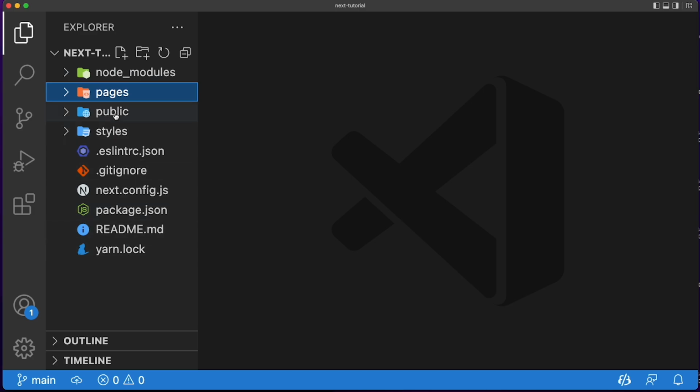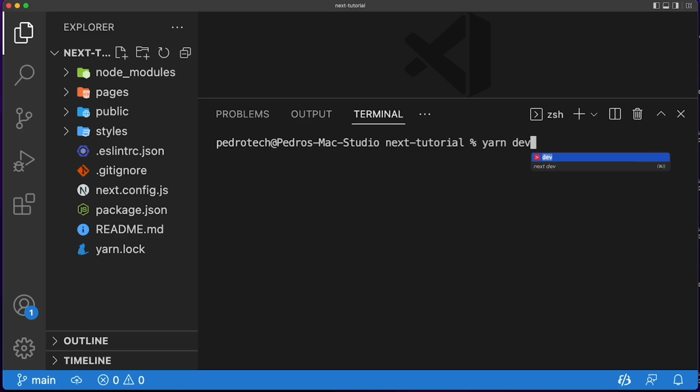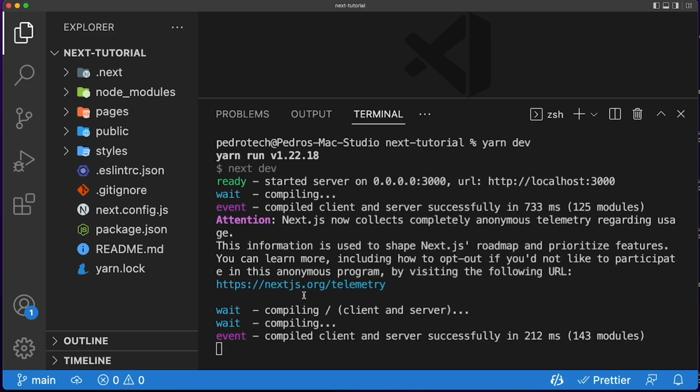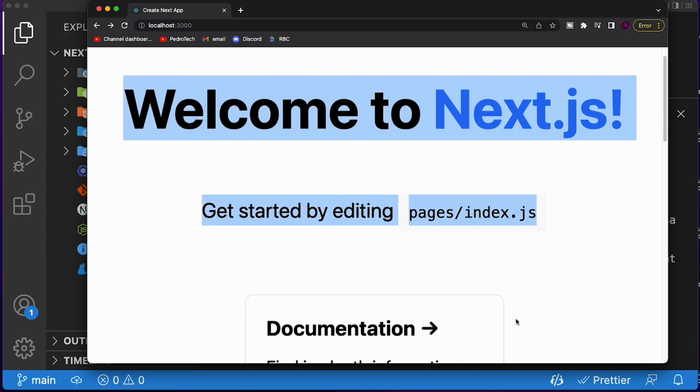Now, this is basically it for all of the folders and files that we have inside of a Next application. If we want to run this application and see the actual stuff inside of a browser, we just open up our terminal over here. We can clear it and run yarn dev. If you're using npm, run npm dev. Like I mentioned, it is different from normal React applications where you run yarn start. Here you run yarn dev or npm dev. So if you want to check it out, we just open our Google Chrome or any other browser and go to the localhost 3000. And as you can see, the website is displayed as it should, which means it is